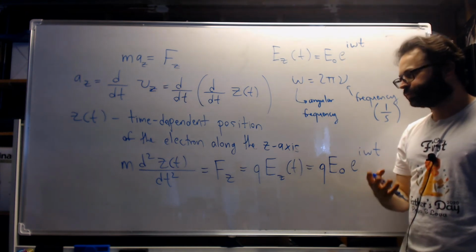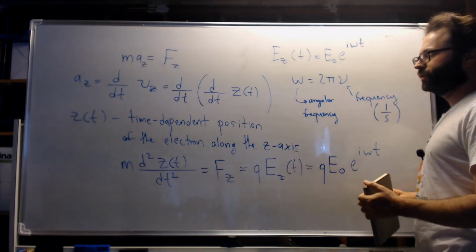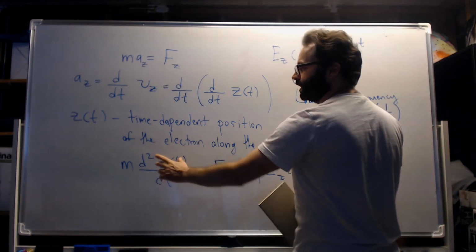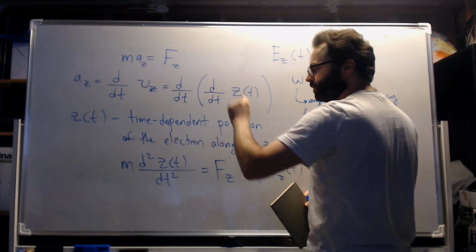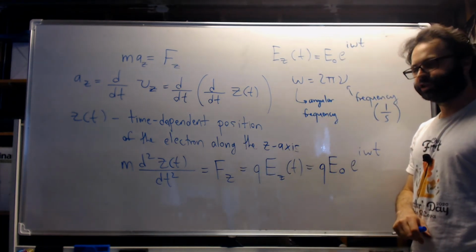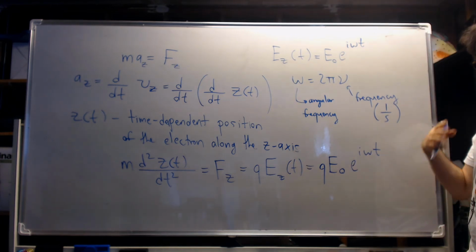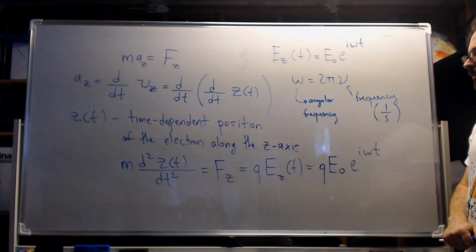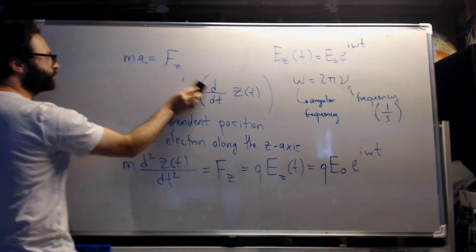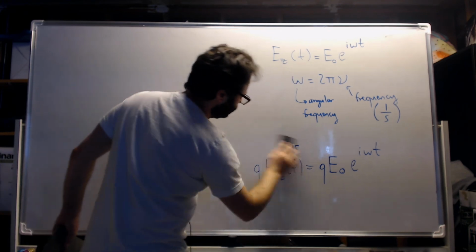We're going to say, suppose we know what the solution of this differential equation is. And what we mean by solution is the position of the electron as a function of time along the z-axis. We're going to guess, literally guess, that the position of the electron as a function of time is also a function that looks like this, because of the physical reasoning we've just laid out. We're going to guess a solution, and we're going to see what the consequence of this guess is. We're going to guess